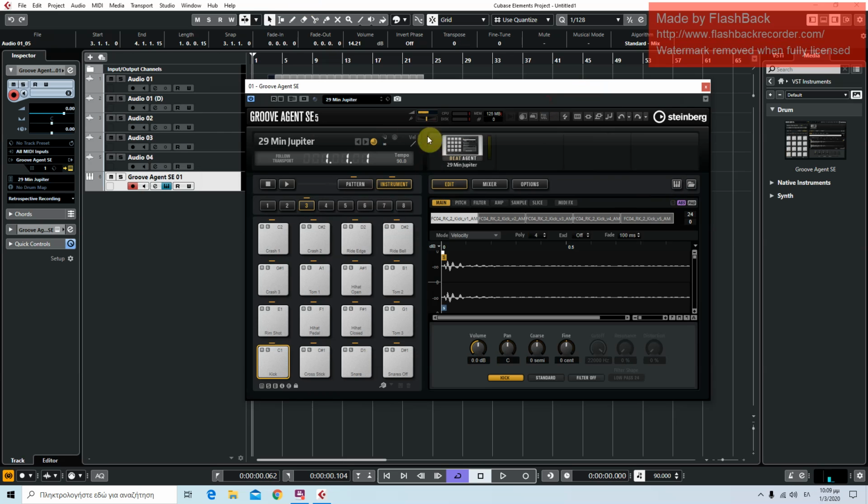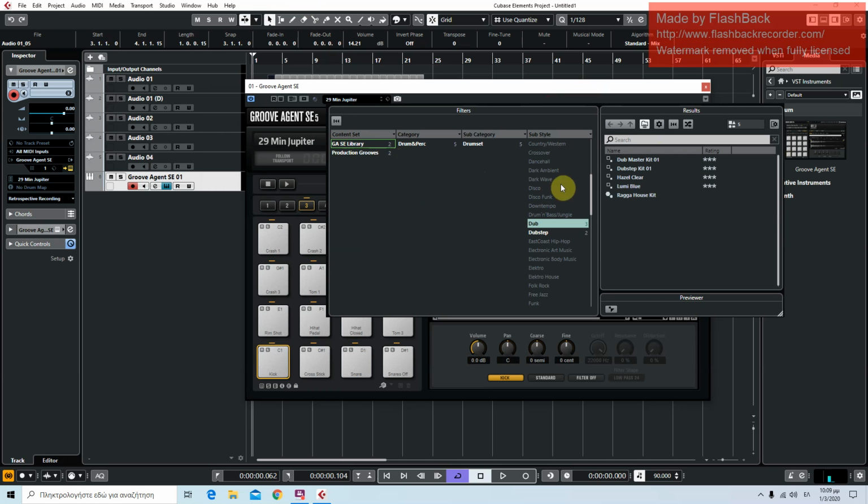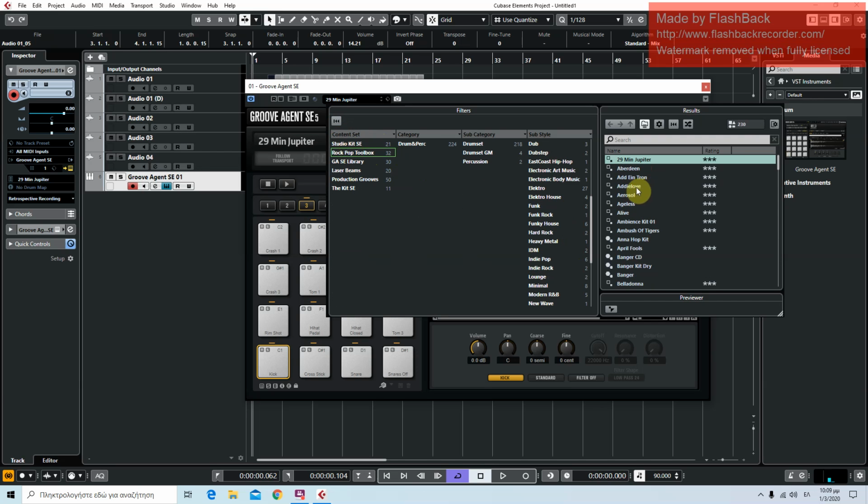Here you have your presets again. These are the different sounds of the MIDI. You got many sounds here, and you can always update them. So there are some of them